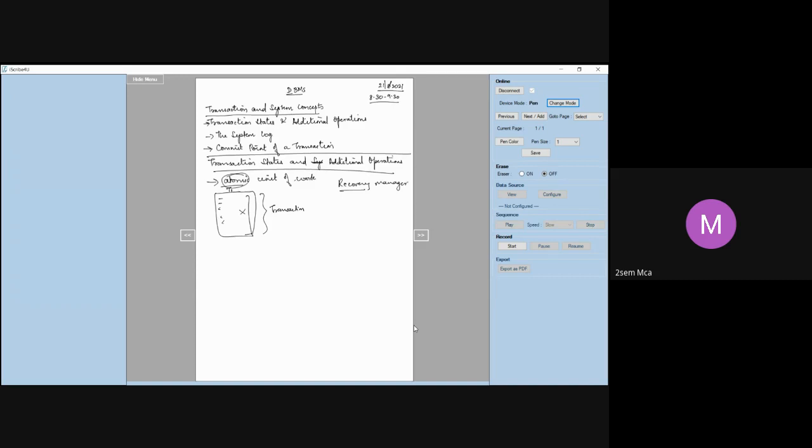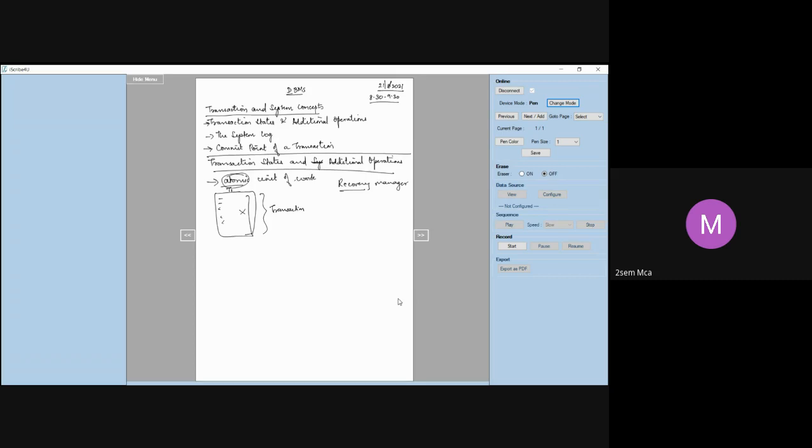Now, the recovery manager has to keep track of all these following operations. Okay, what operations? When the transaction will start, when the transaction will terminate, whether the transaction is committing, that means whether the transaction is getting completed or not, whether it is getting aborted, whether it is failing, whether it is getting killed. The recovery manager has to take care of all these operations, because for the recovery purpose, all this information is required.